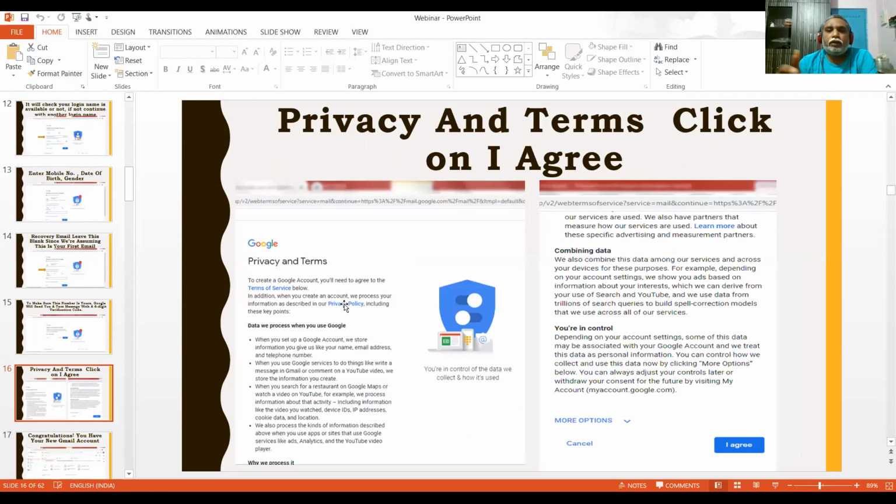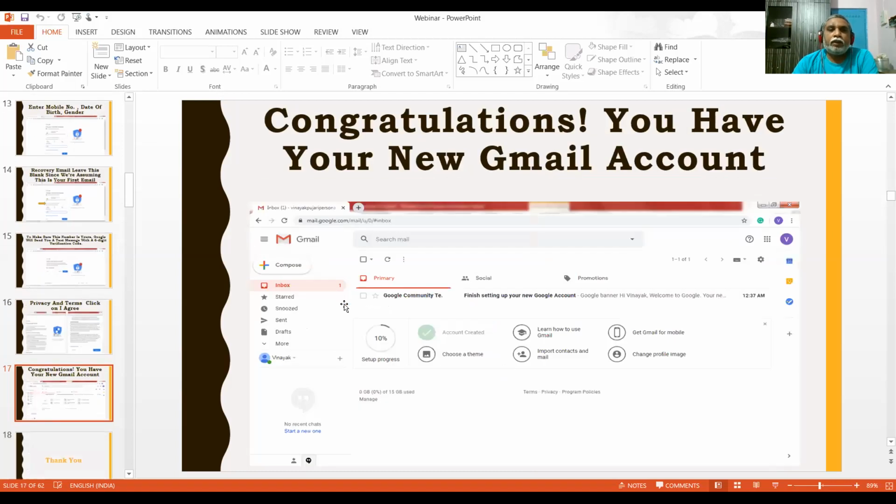Then one document will appear, the terms and conditions. If you agree, click on the agree button. Then this is your email screen, which appears when your email opens. Gmail sends one email to congratulate you on your new Gmail account.